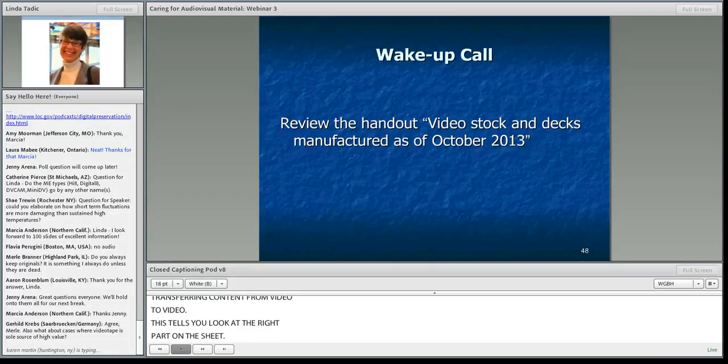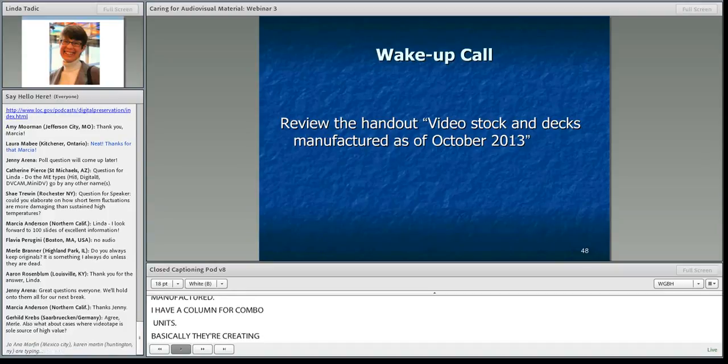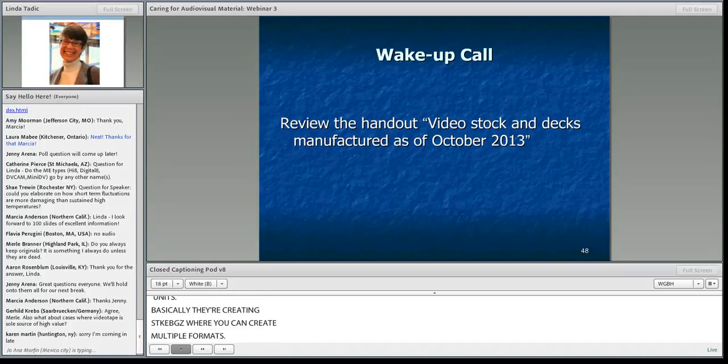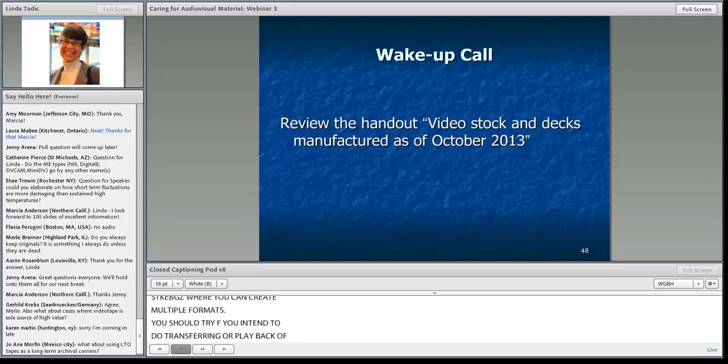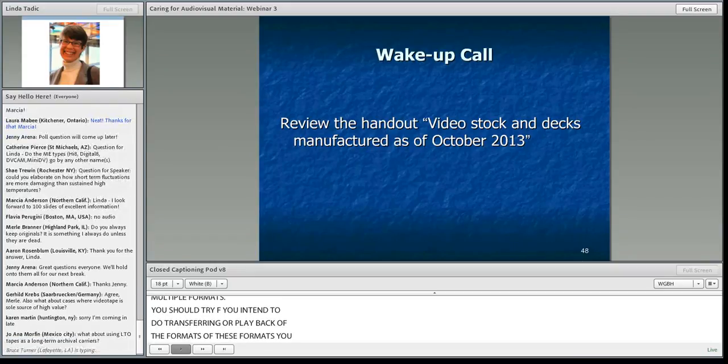If a format no longer has a dedicated playback deck, in that Sony and Panasonic column, so basically they're creating decks where you can play multiple formats, and you intend to do transferring or playback of any of these formats, you should go out now and buy those decks, especially the dedicated decks if you can afford it, or the combo units.